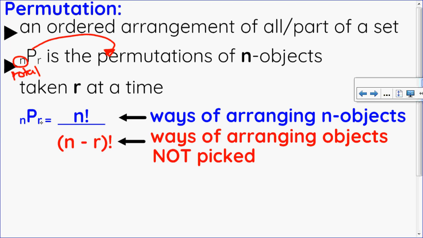nPr, the permutations of n objects taken r at a time, is the ways of arranging all of the objects, n factorial, divided by (n minus r) factorial, which is the ways of arranging the objects that I don't pick. So I arrange all of the objects divided by the ways of arranging the objects that I don't pick. Now, any question that you do a permutation with, you can use the formula, you can use fundamental counting principle